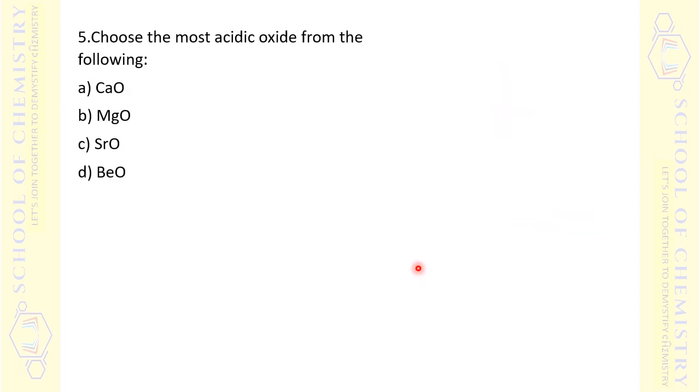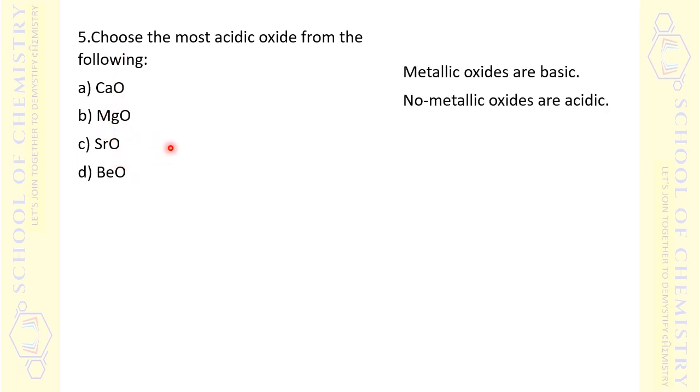Right. So the next question is to find out the acidic oxide from the following. What you find is some oxides: calcium oxide, magnesium oxide, strontium oxide, and barium oxide. Among these, which is most acidic? That is the question. The first point you should know to answer this question is that all these are metallic